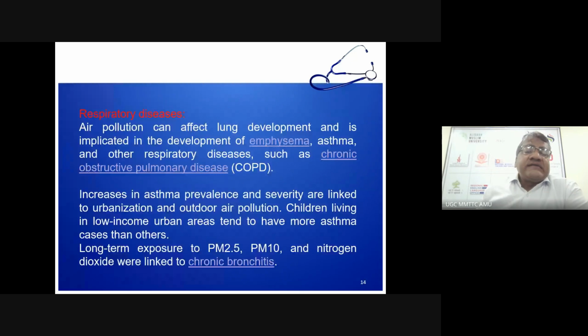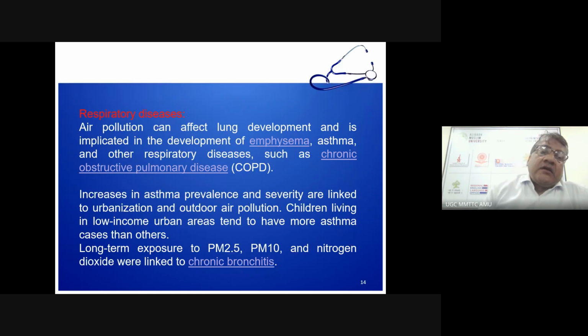Now, what is the effect of this air pollution on respiratory disease? What is the effect on lungs? Air pollution on the lungs is affecting, this gives rise to respiratory diseases. Now, air pollution can affect lung development and is implicated in development of emphysema. Emphysema is basically the lung cells dilatation, asthma, shortness of breath, and other respiratory diseases such as the chronic obstructive